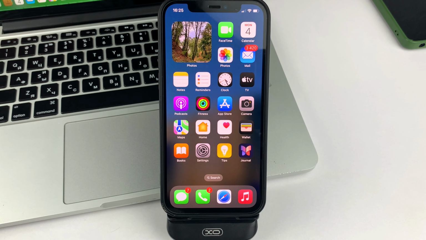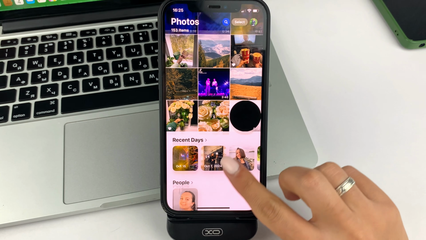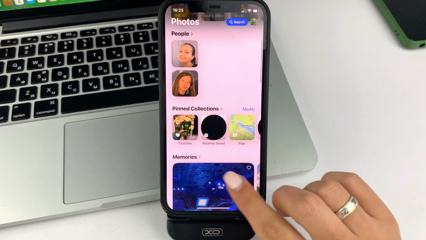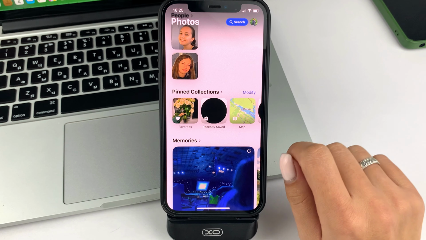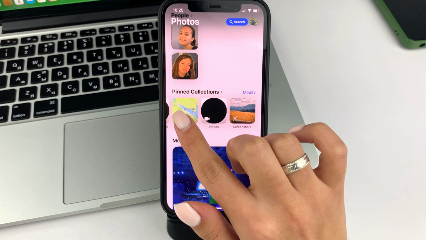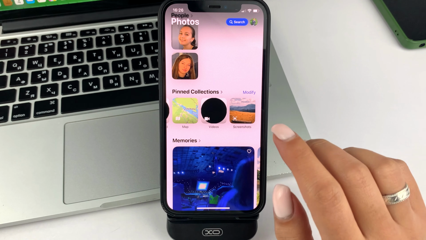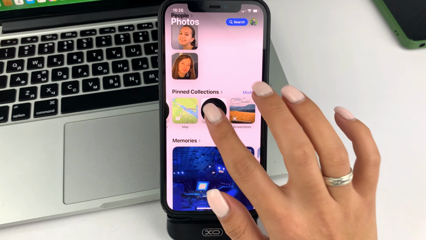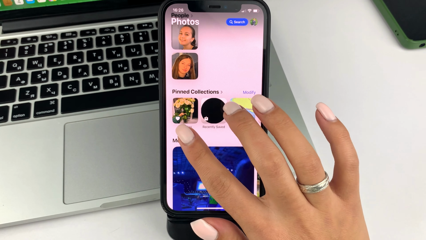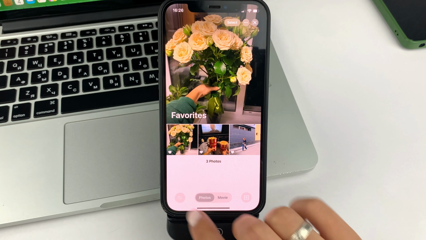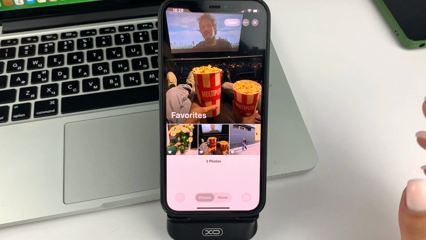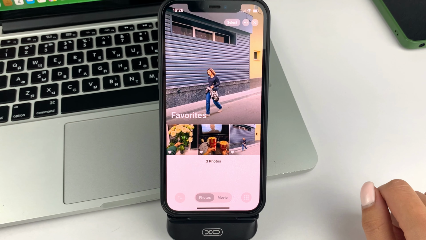So, in order for us to find your favorite photos, open your gallery. Next, you'll need to scroll down through it. Down here at the bottom, quite far away from all the photos, you'll find a section like this, where you'll have your media files categorized into screenshots, videos, maps, downloads, and favorites, as you can see. You'll need to click on this folder. And this is where you can see all your favorite photos.